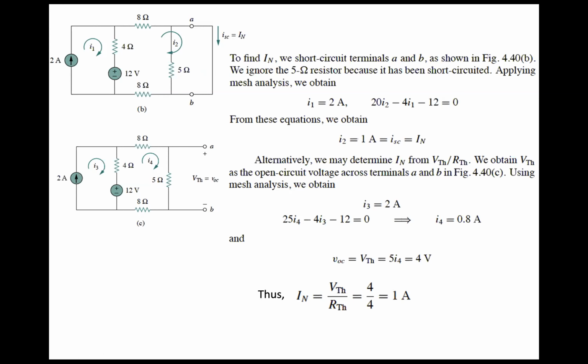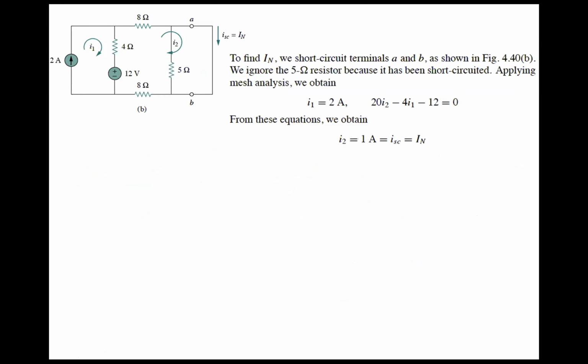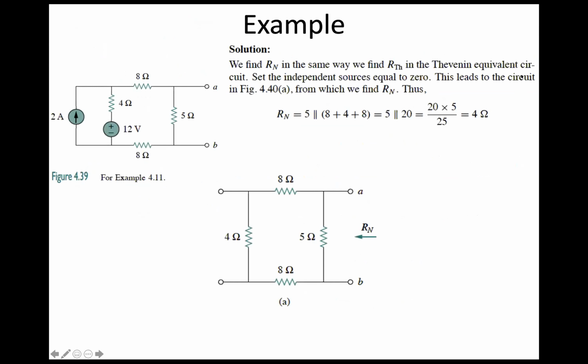Professor, can you go back one slide? Mm-hmm. Sure. So when you did the Norton equivalent, I was just confused. Why did you separate the 5 ohm from the rest, and what did the 2 bars represent? Oh, the 2 bars mean in parallel. Okay. And the reason that I separated the 5 ohm from the other 3 is because remember, to get from point A to point B,